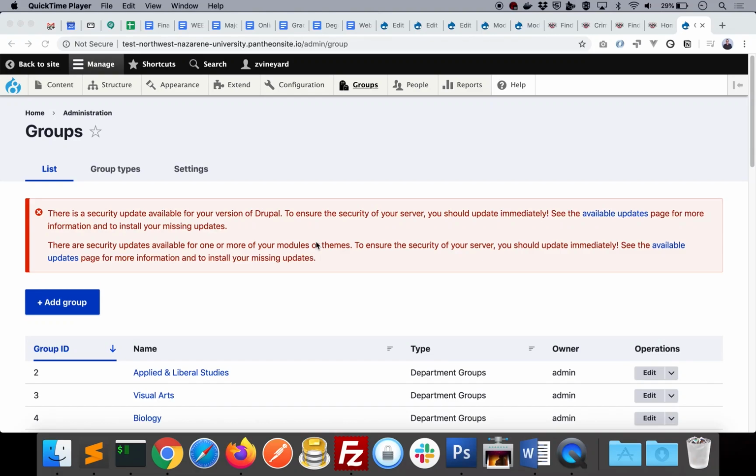And in this video I'm going to show you how to edit pages using the layout editor. This is particularly useful if you work in an office at the university that is not an academic department. A lot of the academic content, particularly degree pages and department pages, have a pre-built structure to them,